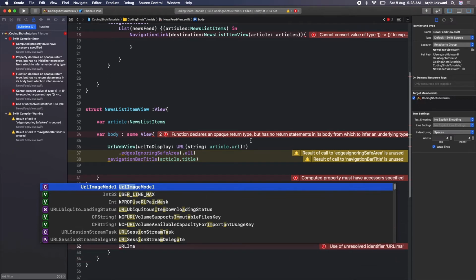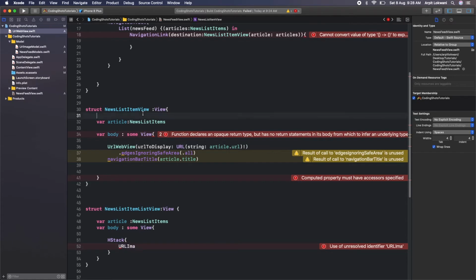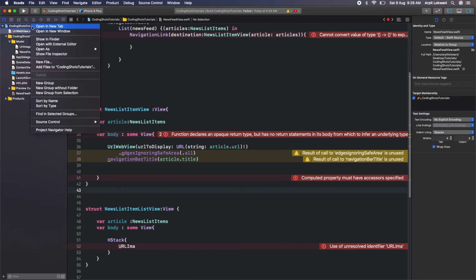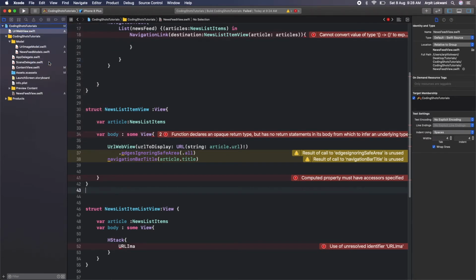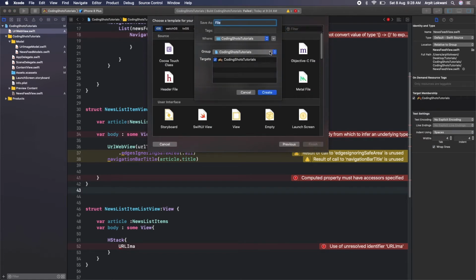We have not created the URL image view first actually, so let me complete this. URL image view is nothing basically. Where is that? We need to create the structure, so we can take this Swift file, we can say URL image view.